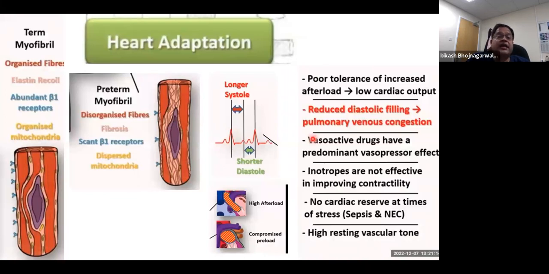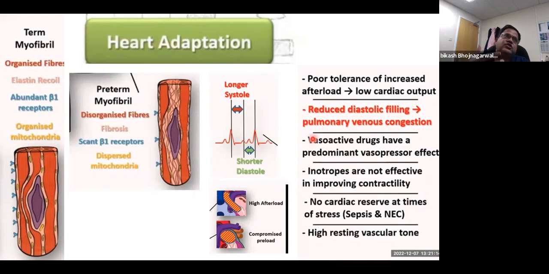It is very, very important that we know that the preterm heart is different from the term myocardium. They have disorganized fibers, they have fibrosis, they have scanty beta-1 receptors, and they have dispersed myocardium. All these hearts are probably relatively in diastolic failure. They have a shorter diastole. They cannot increase the diastolic phase that well, and most of the flow in the diastole happens during the atrial